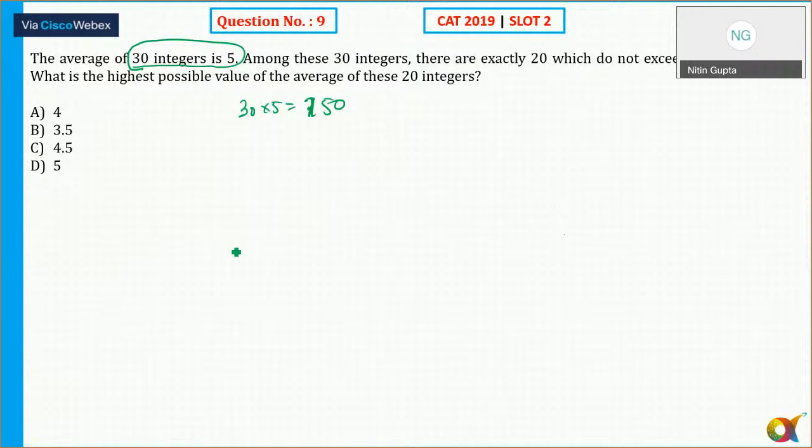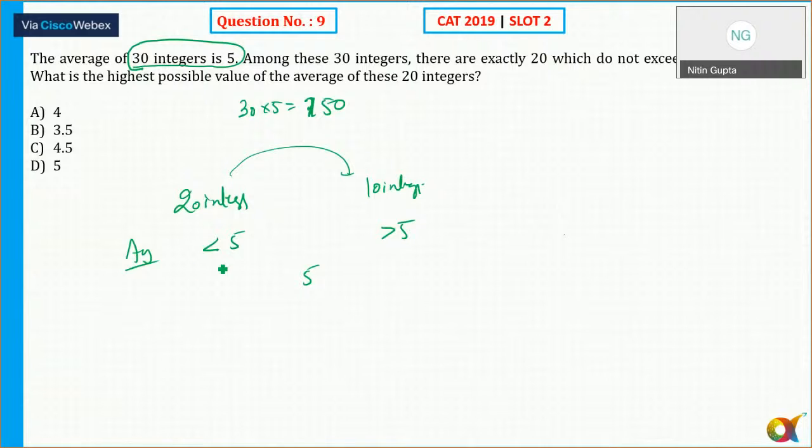Among these 30 integers, there are 20 integers which do not exceed 5. और जो उनका एवरेज है, वो 5 से कम है, तो बाकी की जो 10 integers हैं उनका एवरेज 5 से ज्यादा होना चाहिए, तभी तो इन सब का एवरेज 5 है. The question is what is the maximum possible value of the average of these 20 integers? So let's say the average of these 20 integers is equal to